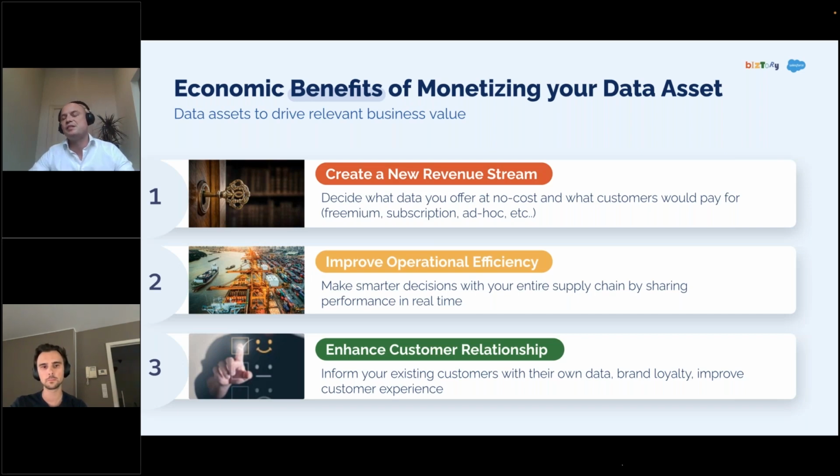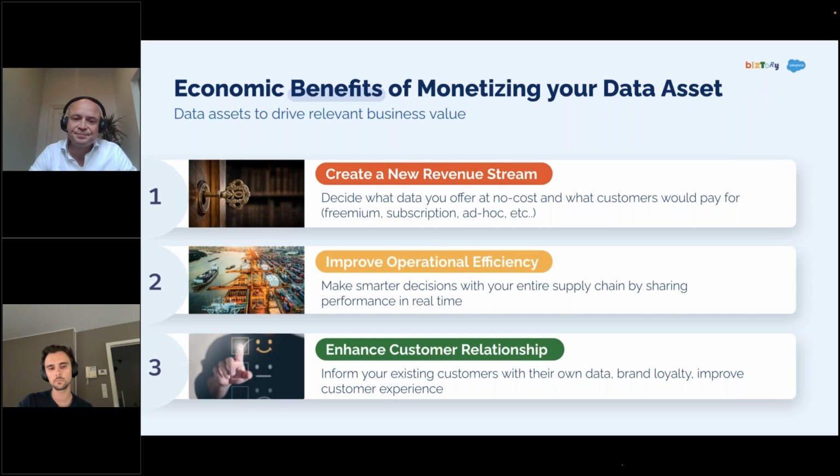A second strategy is improving your operational efficiency. Now, this might be, for example, connecting your entire supply chain, something that can drive massive value at times like these, or improve how you work with a network of partners. An easy to set up example on this one is share the performance of your company in real time with your supply chain partners down the line. Therefore, you're obviously assuring that these partners further in the supply chain are always aware of early or late arrivals without having to notice them manually. That's a very, very easy one.